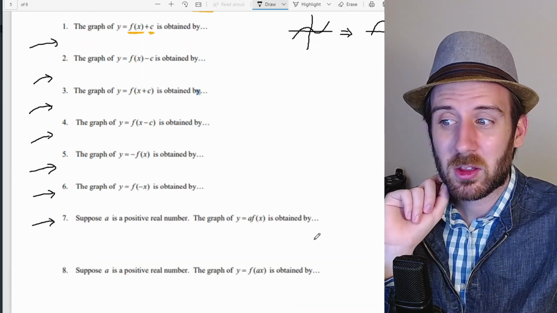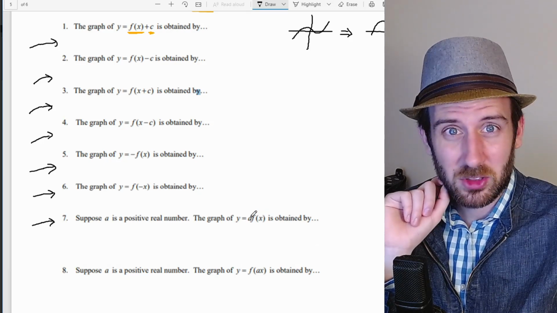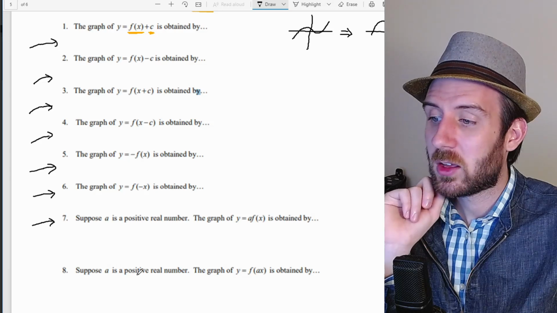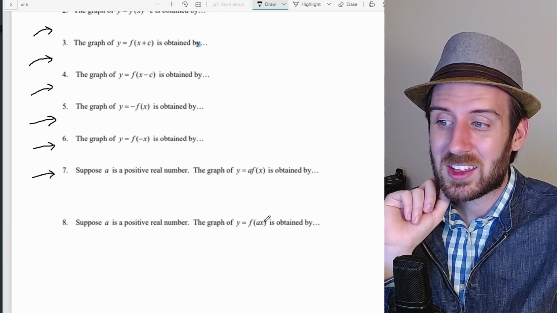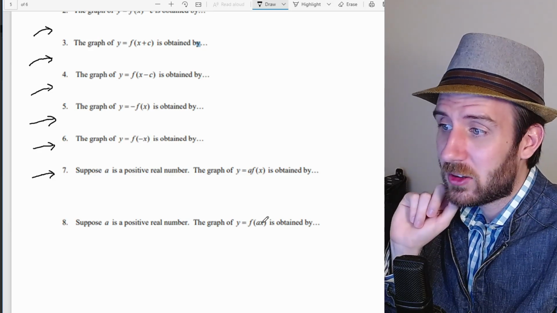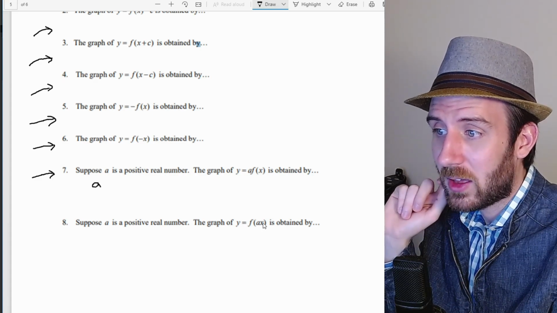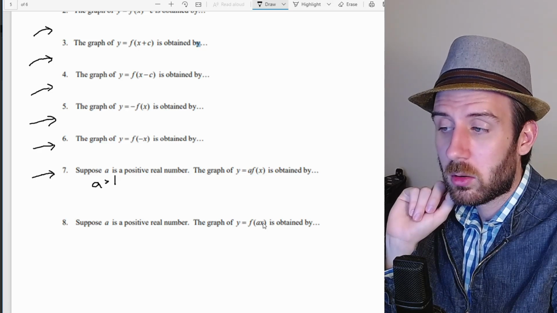Remember, that's probably going to make the things grow at a faster rate. Like if now I have heights, but I have twice those heights, then that means I've probably got bigger heights. What happens if a is a positive real number and it's being multiplied on the inside of the argument? And actually, now that I'm looking at it, these are each going to have 2 different parts. For example, you're going to have one thing that says, well, if a is bigger than 1,